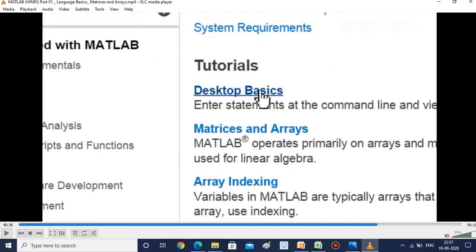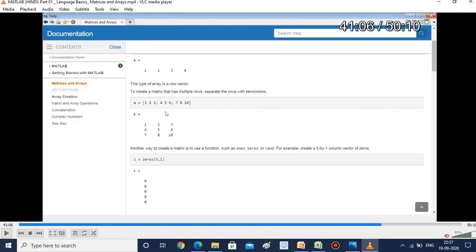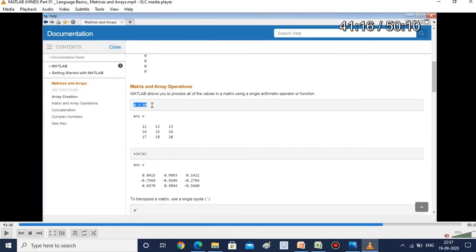So MATLAB help is like Google with you. Desktop basics. So how it will be array of row vector. They even give some beautiful examples here. With this reference, you can write your own programs by understanding the concept.